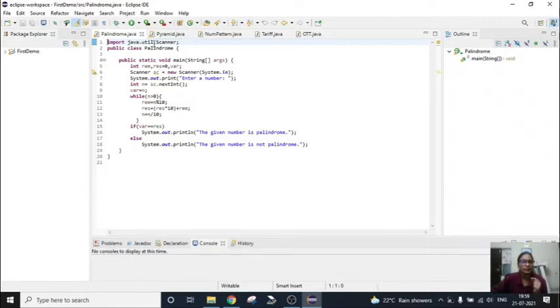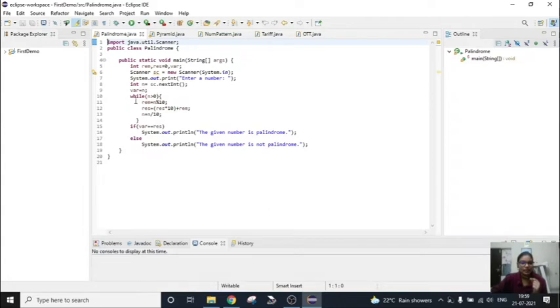First, I have imported a Java scanner class for getting the input from the user. I have created a class called palindrome, and then a main function, and then declared the variables for the program. Since we have imported the scanner class, we are going to use it for getting the input from the user.